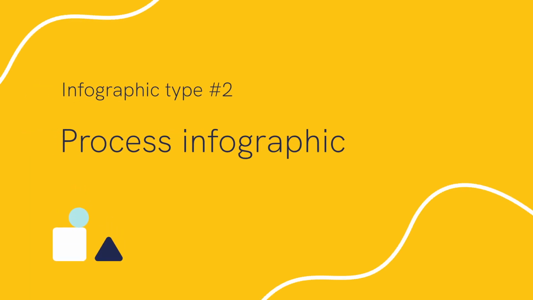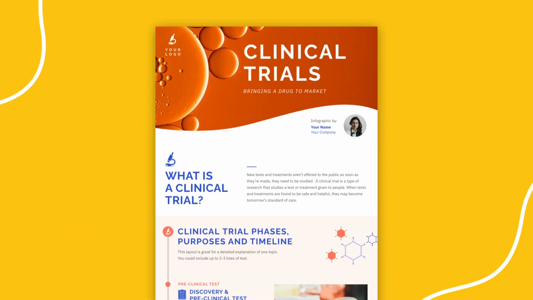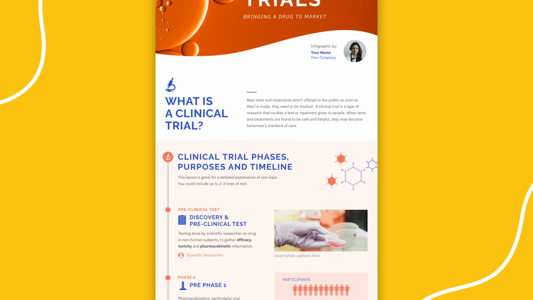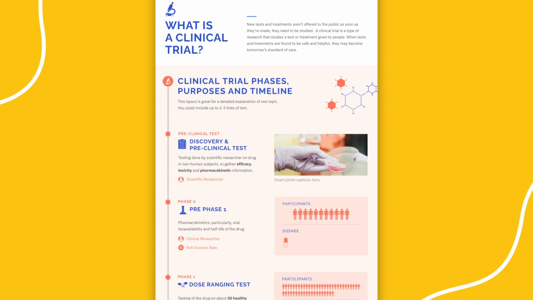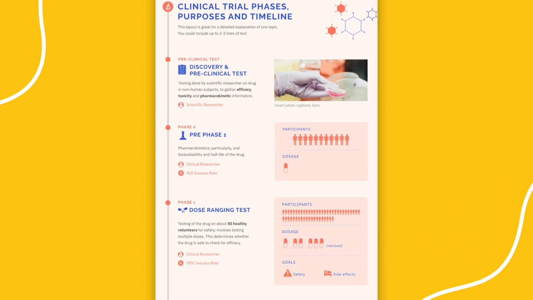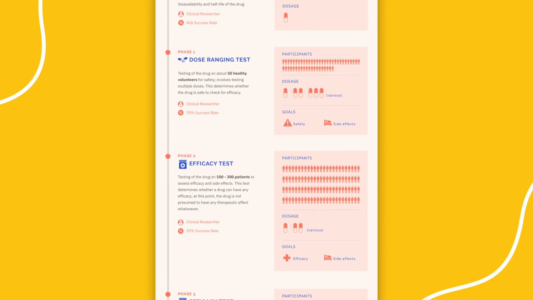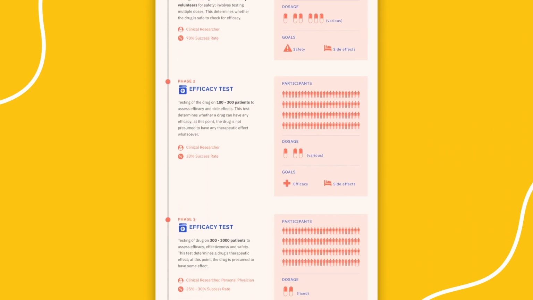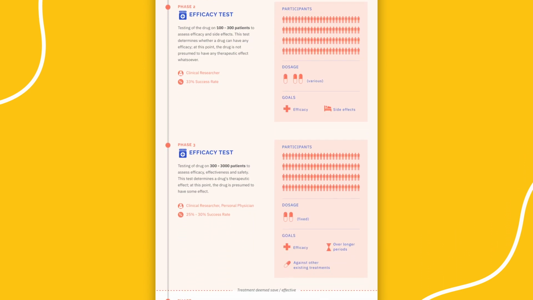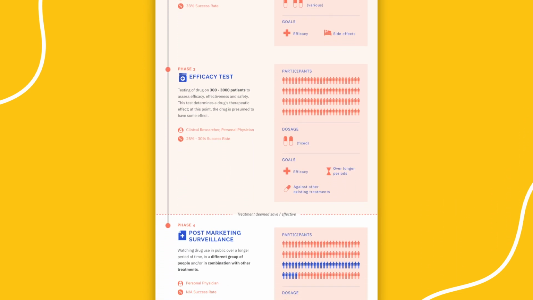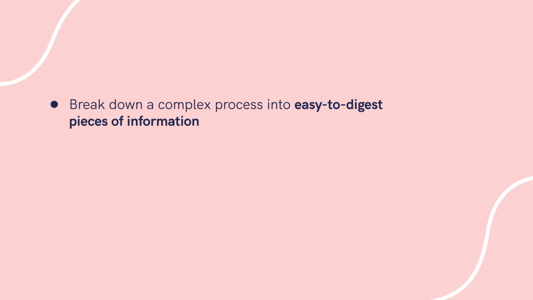Infographic type 2, process infographic. Use process infographics if you want your audience to retain the details of a process or procedure quickly. For example, this process infographic does an excellent job of explaining a complex concept for the layperson, the different phases of a clinical trial. A process infographic is the best infographic format if your goal is to break down a